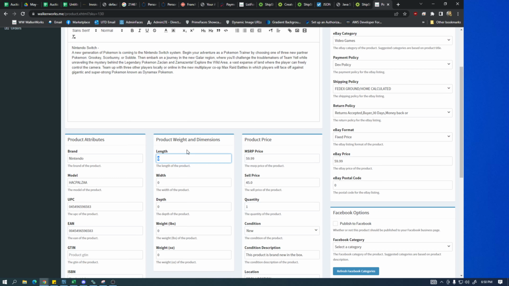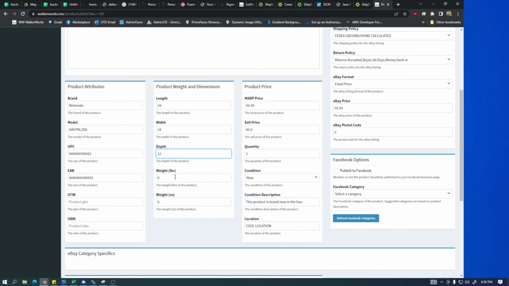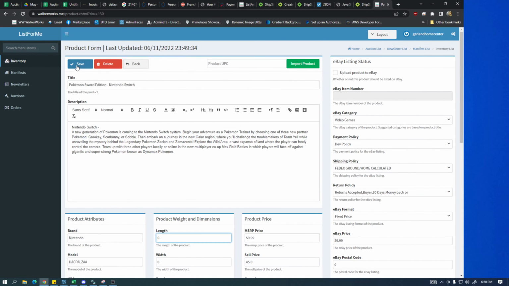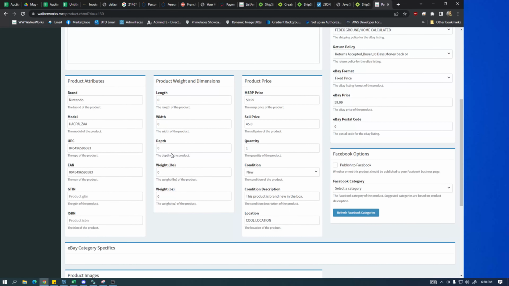But let's say that we had something bigger, like we were shipping a computer. That's probably a 24, 24, 12. That's a pretty damn big box, you know? So you type 24, 24, 12, and then you'd have to get the weight of the item in the box and put it on one of our shipping scales and type in the weight in ounces. But yeah, that's pretty much it. Other than that,